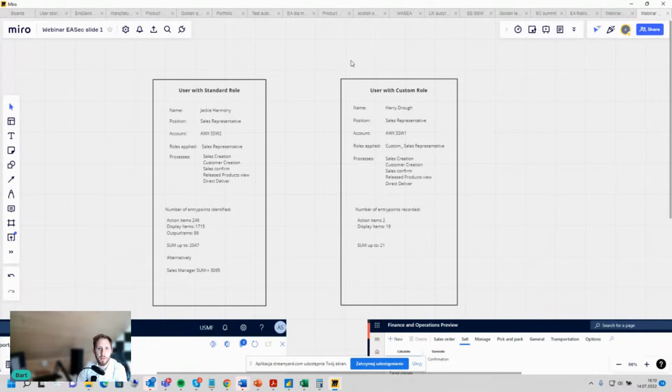So we are considering here two situations. We've got Jackie and Harry, two people working in Dynamics, different processes. They've got different roles. One is sales representative. This comes from the standard APQC definition of what Microsoft did from the standard. And we've got also the custom sales representative role, a role which was built, we can say, in a tailored way, exactly what you needed. Processes: sales creation, customer creation, confirm, release, product view, direct delivery. Very simple stuff. So we can assume that these two people do the same job,